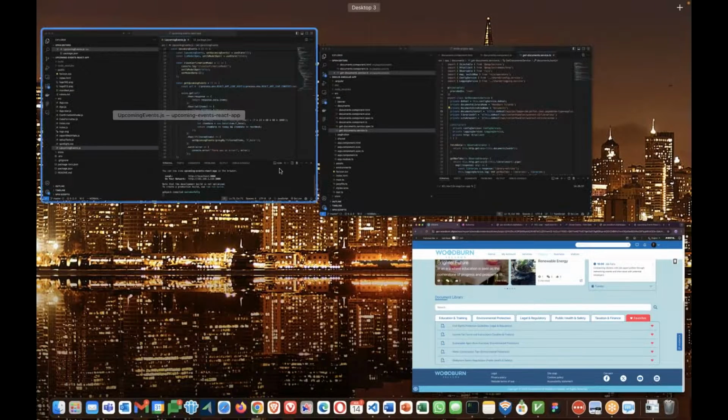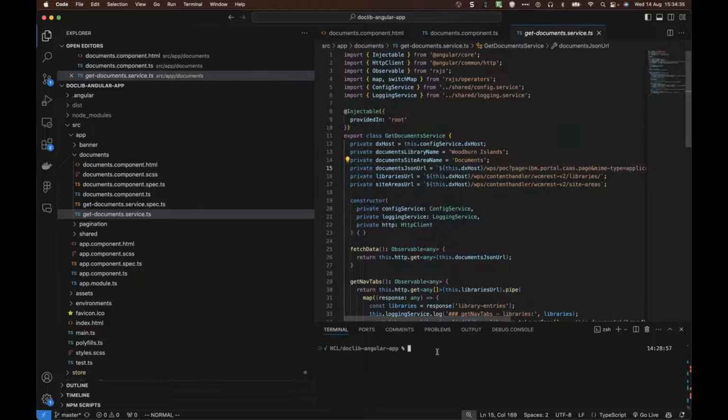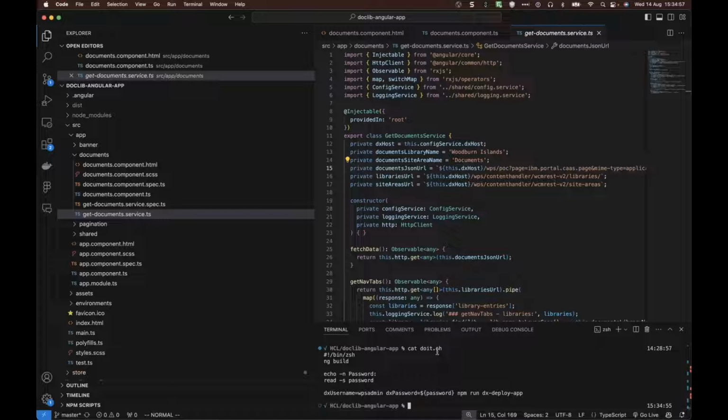So building this application happens in much the same way. You can run this locally in the development mode, but then equally you can build the application here and deploy this to DX using simple command line options. So we have a small helper tool that I wrote here, which explains the commands that are necessary to do this. So that's simply making use of the Angular command line interface to build this script application and then to deploy it to DX. So here, if I run this command,